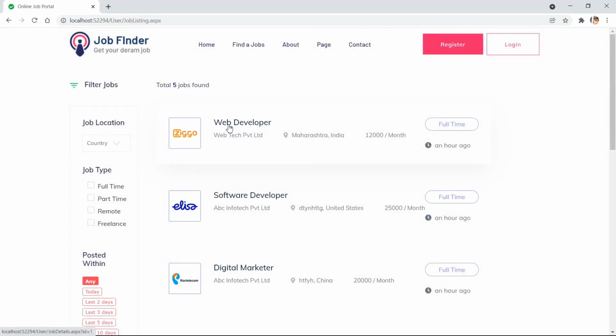Suppose I am clicking on the first job, so it should take me to the job details page and should show the specific details of that job.